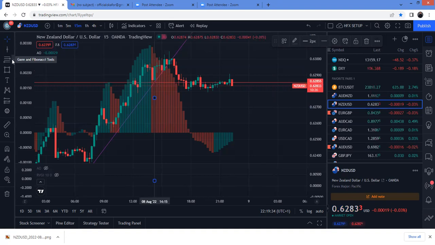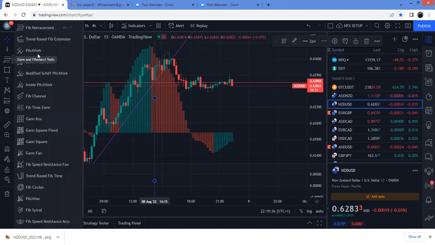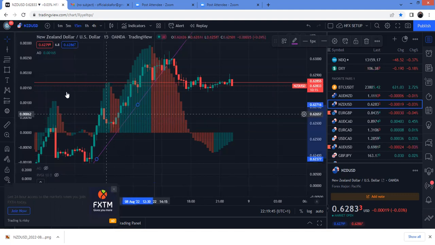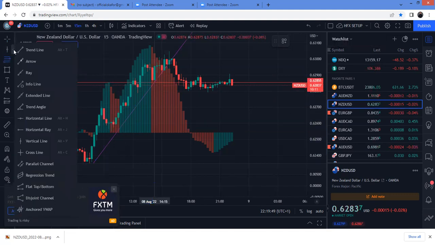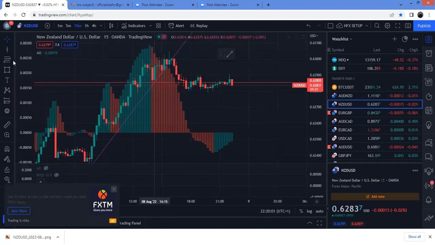So next is the Gann and Fibonacci tools, where you have different kinds of Fibonacci and Gann tools as much as you need. You can absolutely select them here. And by the way, if there's any one in particular that you would like to keep using, that you use frequently, you can just put a star on it. Once you put a star on it, you see that there's this toolbar that appears that would always follow you. Okay,